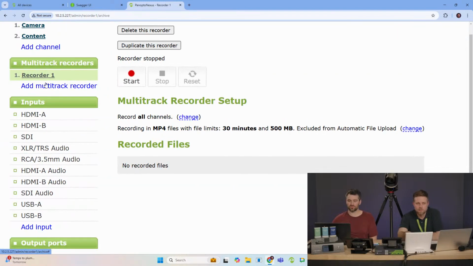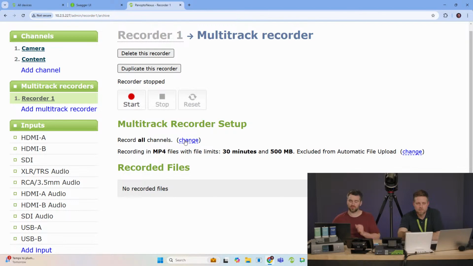So multi-track recorders. This has been around for a while. It was named differently, and now it's named to be a lot more understandable. What this does is it allows you to put multiple channels inside a single recording, a multi-track video file. Multi-track video files aren't the most well-used things out in the field. There are use cases for them, and it's great when you want everything to be absolutely synced.